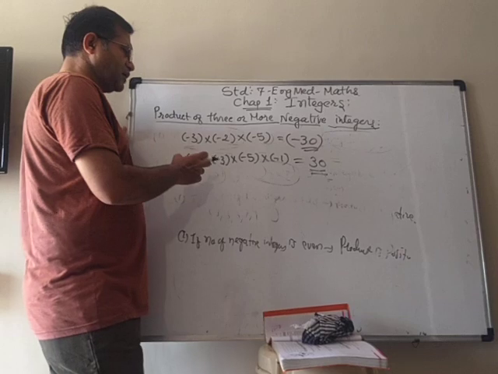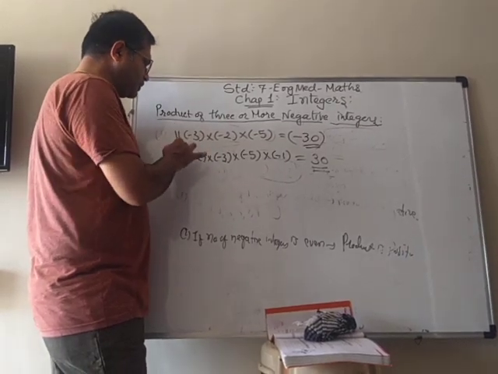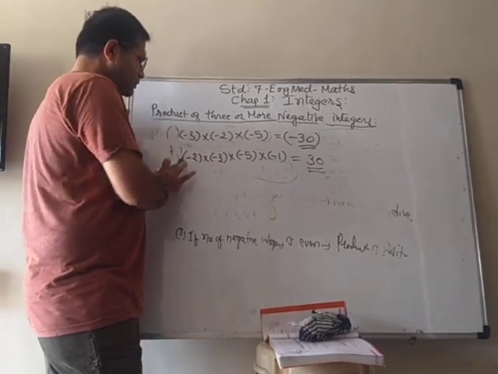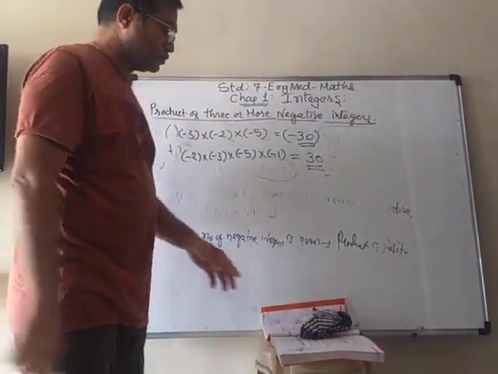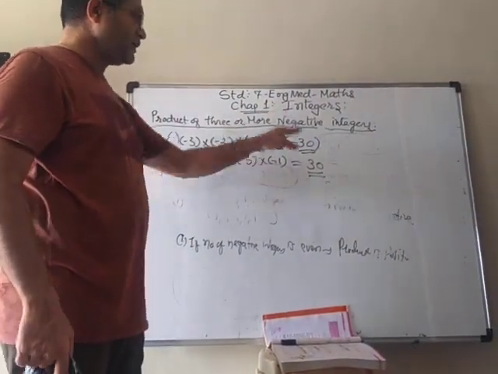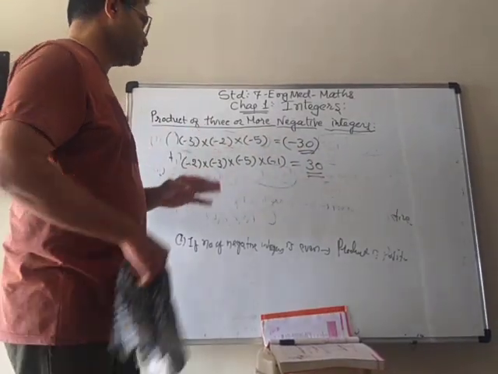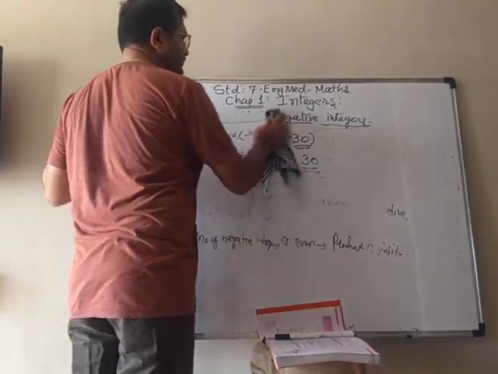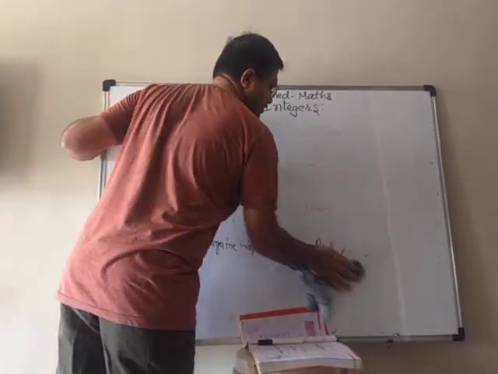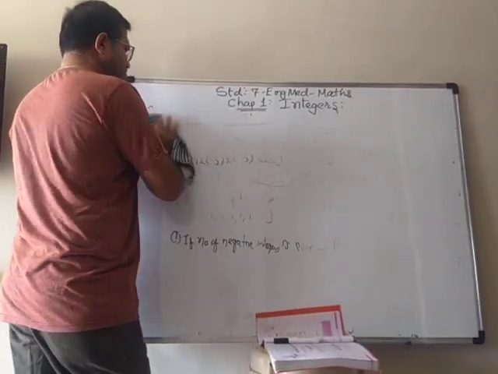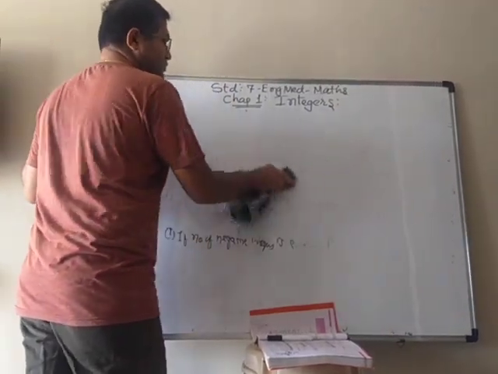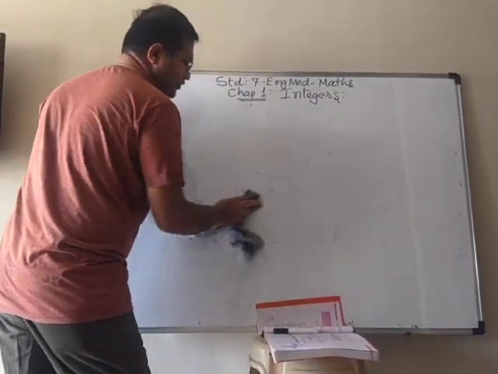So here, as I told you, you have to remember only two things. Which two things are there? That the number of negative integers only you have to see. If it is even or odd, it depends the sign. Odd, negative; even, positive. So now you are familiar with the product, the multiplication of integers. Whatever is the answer, you have to be careful only to put the sign before it.